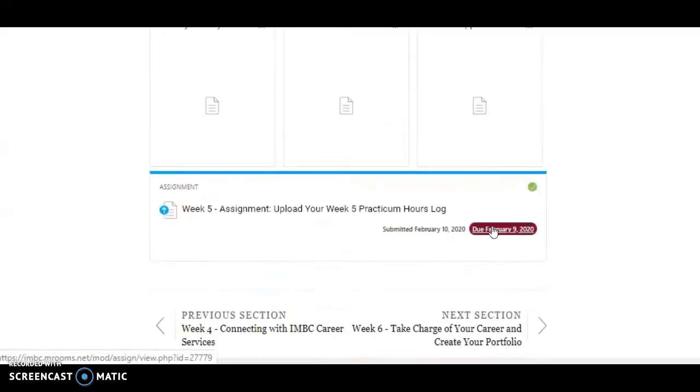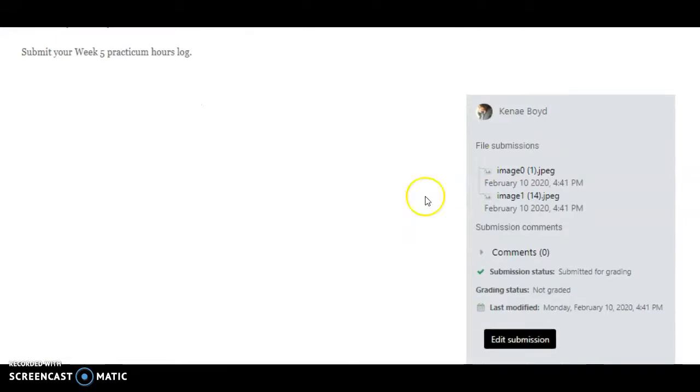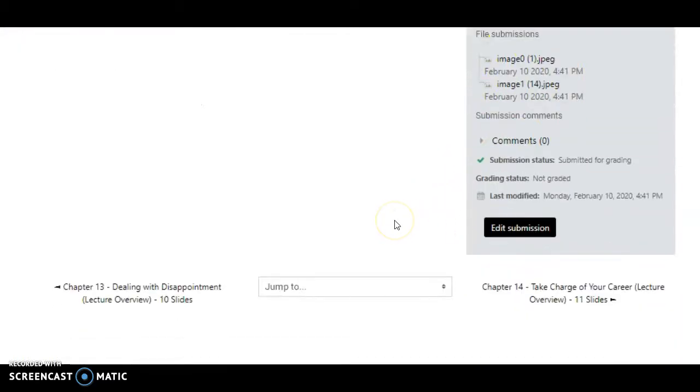and you will see the assignment. If you click, even if you've already submitted, you click Submit, and this is where it shows you've already submitted something. If you need to edit,